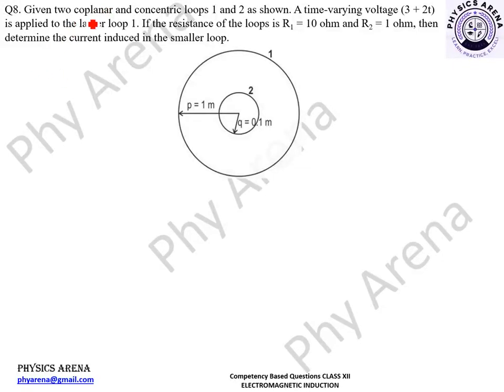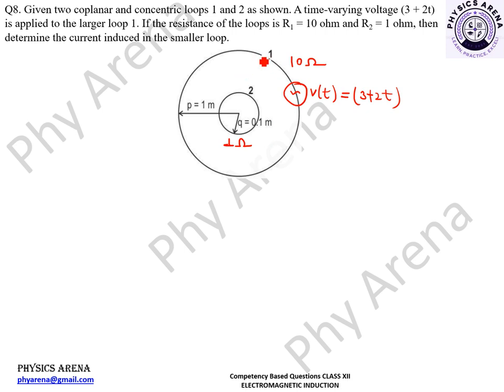Question 8. Given two coplanar and concentric loops 1 and 2 as shown in the figure, a time-varying voltage V as a function of t is applied to the outer loop, and the value for that is 3 plus 2t as a function of time. The resistance for loop 1 is 10 ohm, and for the inner loop, loop 2, it is 1 ohm. We need to find the current induced in loop 2